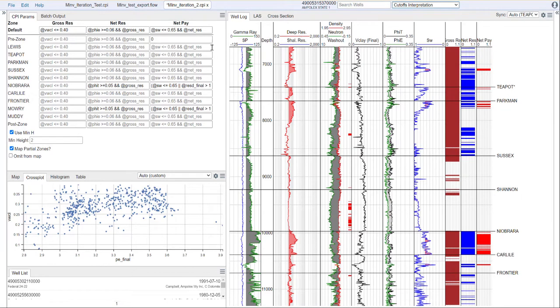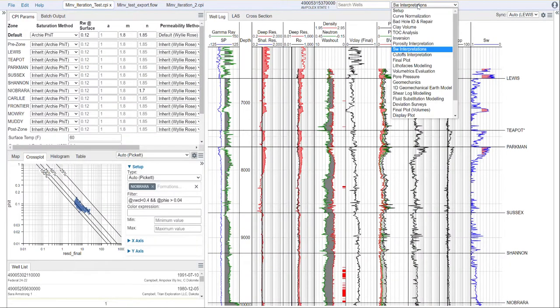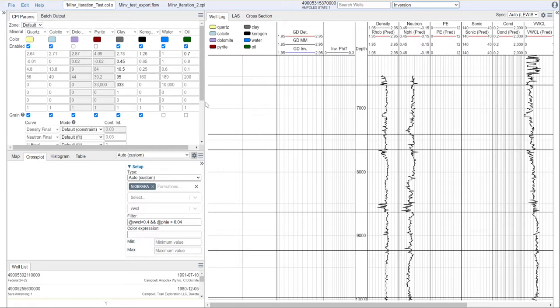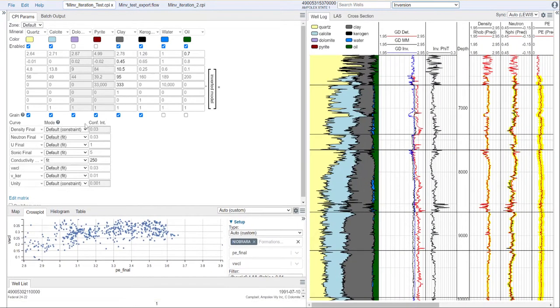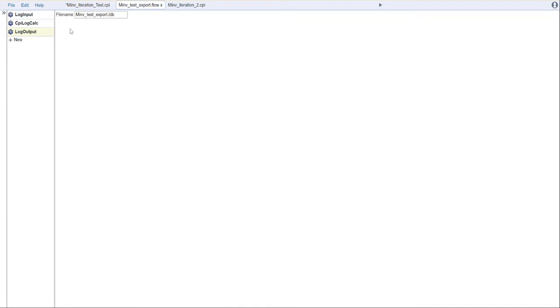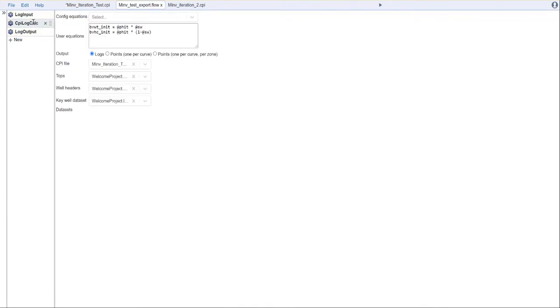So that is the process for iterating through the mineral inversion and using an initialized water saturation. Just to summarize again, you'll start with your standard interpretation. In your initial interpretation, you will not use your bulk volume water or any saturation components in the matrix. You'll do that interpretation per usual. Then you'll run a flow that starts with your log input. You'll then pull in the information from your CPI and the relevant databases,